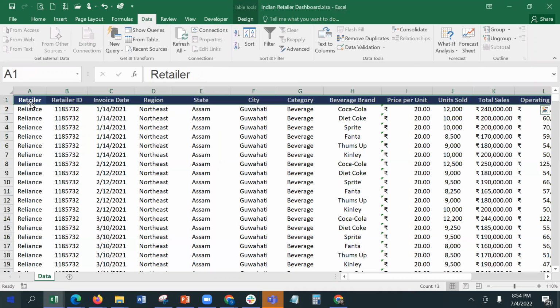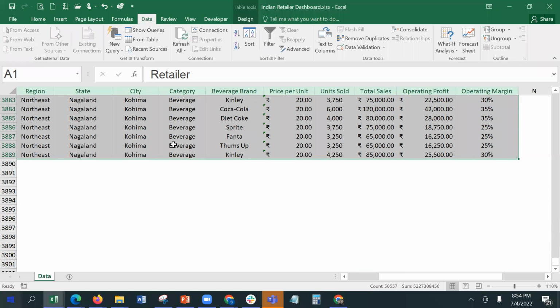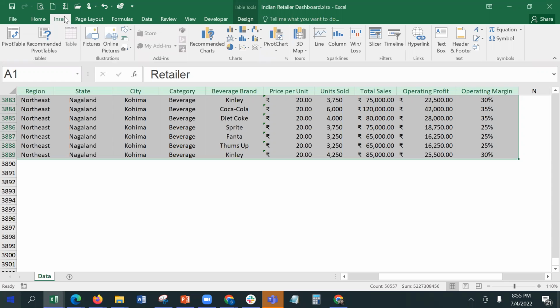Okay. So let's say I have a data like this. And from here, I want to generate a total for either by retailer, by state, by city, or by category. Okay. One option is I can convert it into a table and get that column total. If I just want one total, then it is easier. Suppose I want the total sales, then at the bottom, I will get a total row. Now, another option that I have is when I go to this